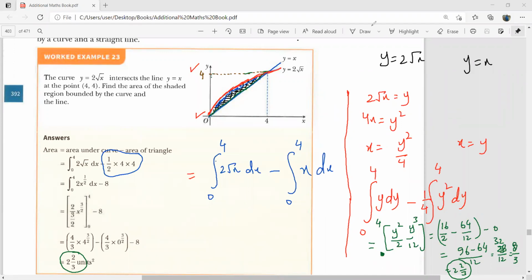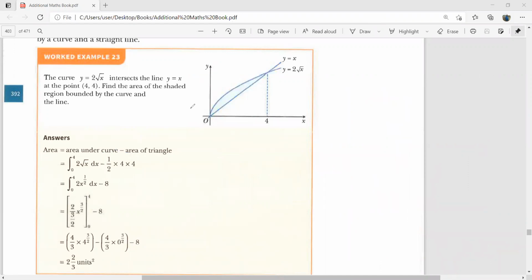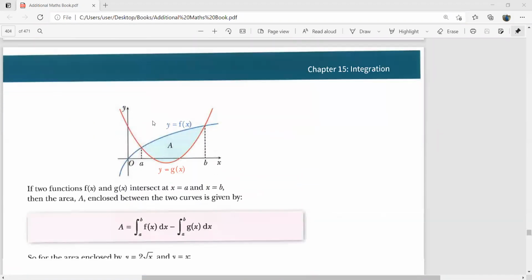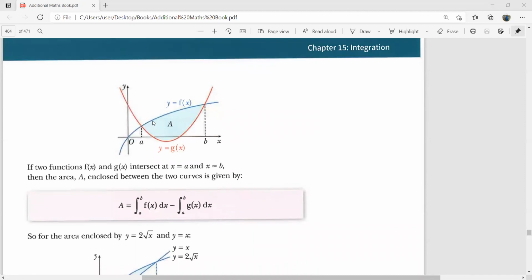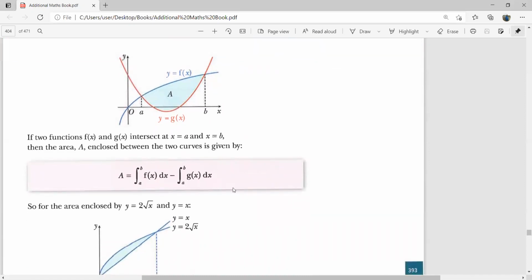Now I'm going to move to the next question here. Let's see what's next with us. I have to scroll up now. So guys, look at this question now. We have to find the area A over here. So would you like to give it a try first?